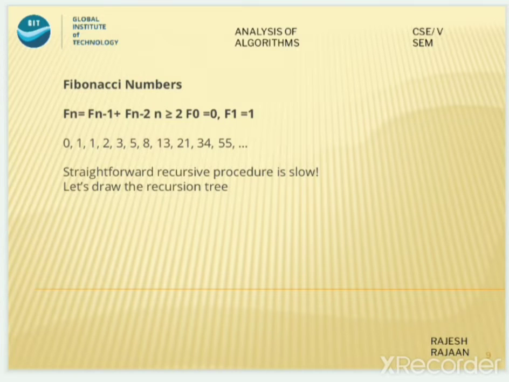That is Fibonacci n. Fibonacci n equals 1 for n equal to 0, Fibonacci n equals 1 if n equals 1, and Fibonacci n equals Fibonacci n minus 1 plus Fibonacci n minus 2. So the first few numbers are 0, 1, 1, 2, 3, 5, 8, 13 and so on.